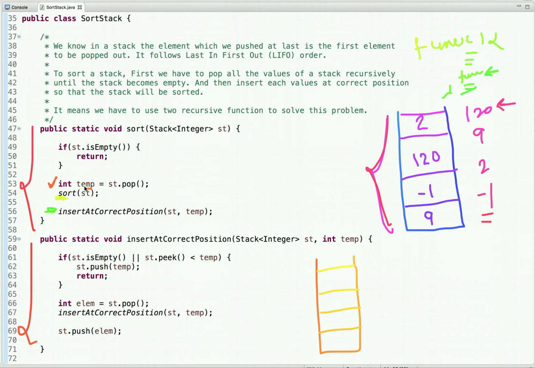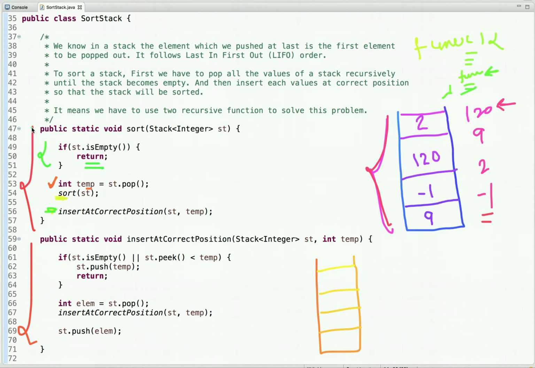If we don't put the base condition, then it will call infinitely, and after some time it will throw a stack overflow exception. Whenever a function is executed, it takes some memory, and when all the allocated memory is exhausted, it will throw a stack overflow exception. That's why the base condition is important. Here the base condition is when the stack is empty, we simply return from the function call.